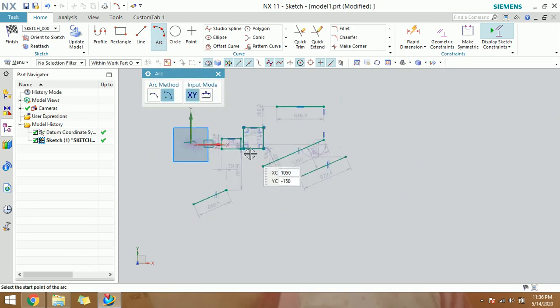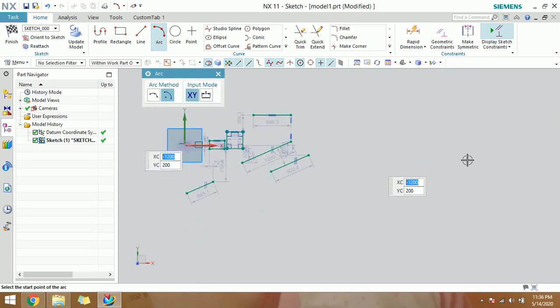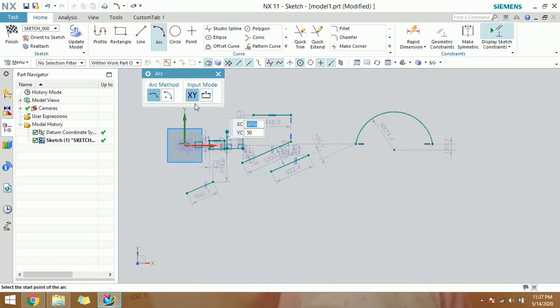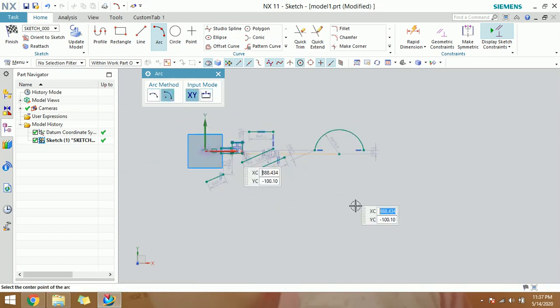Suppose we want to create an arc having some radius. How can we draw it? There are two types: by 3 points and from center. First, by 3 points: click first point, second point, and the third point. Similar for from center. In this type, it will take the reference of the center.